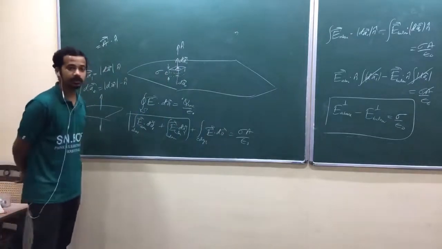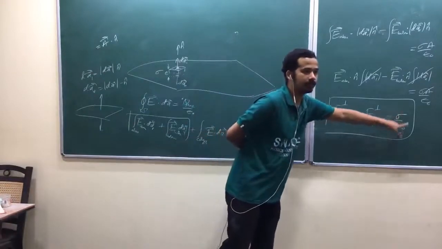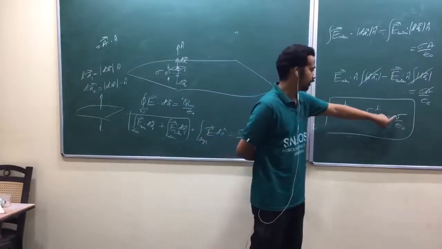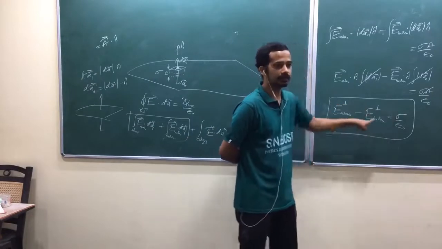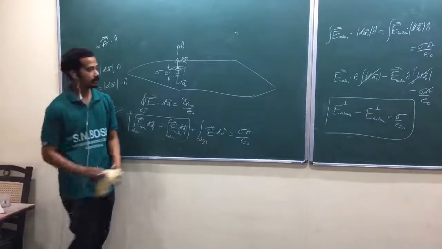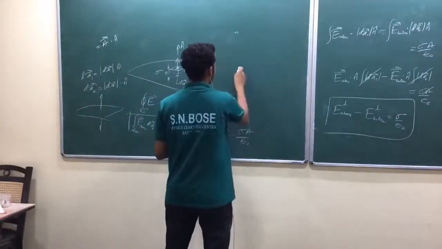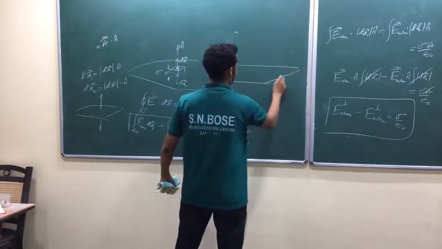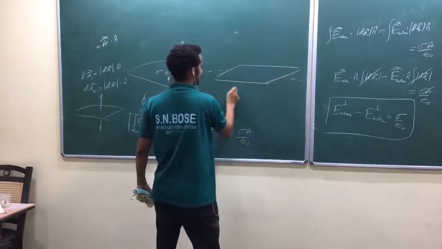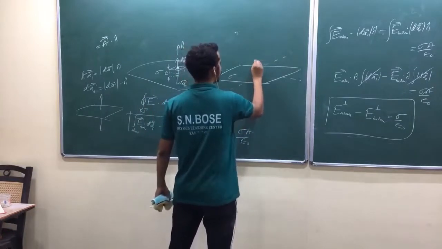Our charge density need not be uniform. The only thing is, this charge density will take care, in this equation, so the extent of charge density will decide the discontinuity. Is that okay? Now we shall try to apply this to our infinite plane. We shall see what happens in the case of an infinite plane. We got the electric field already.